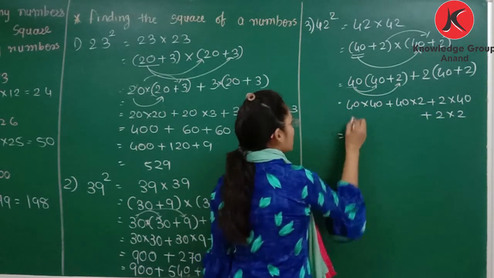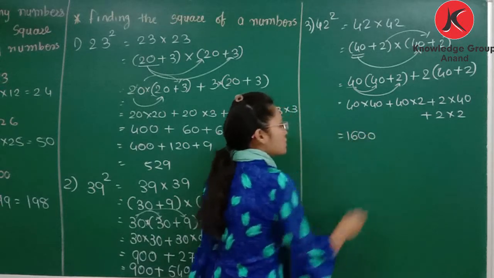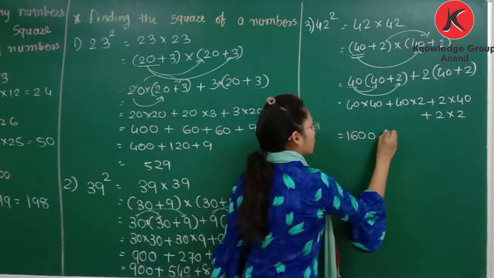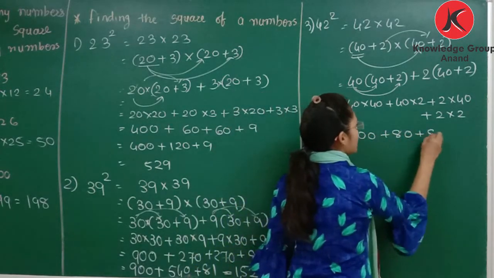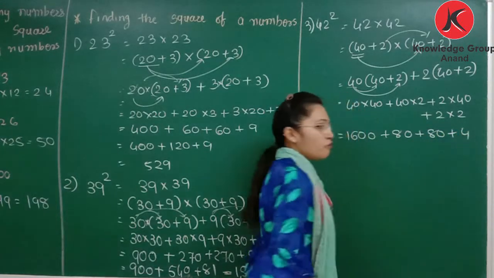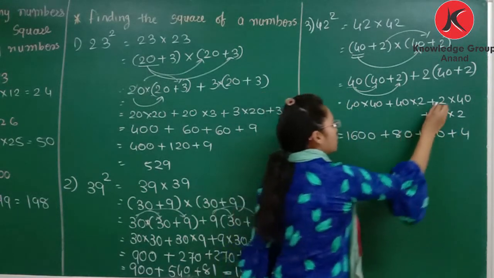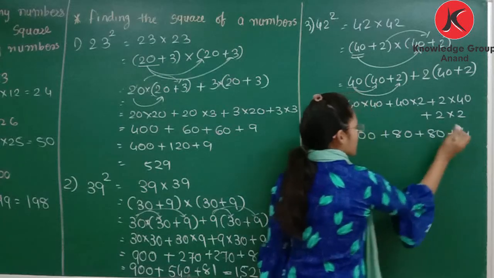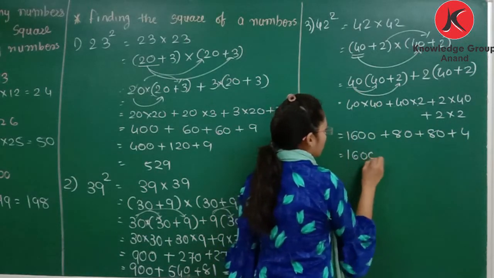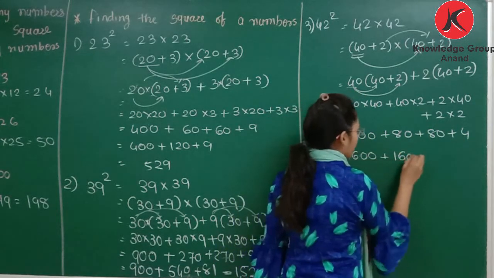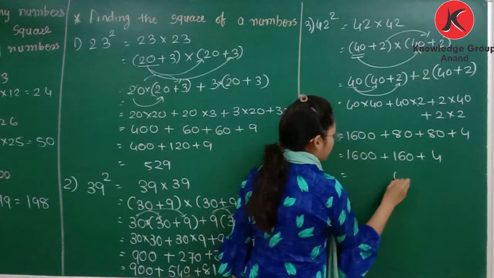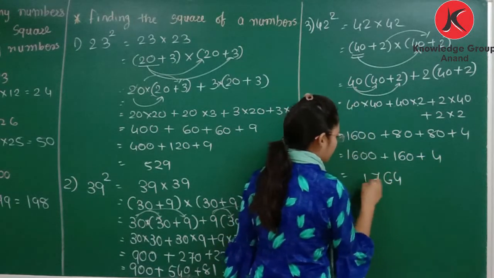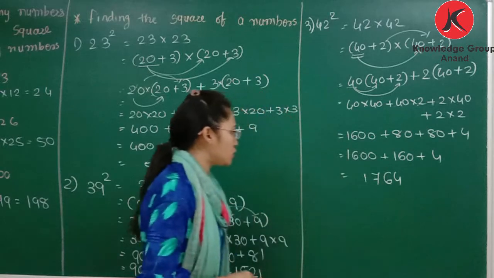Now multiplication, 40 multiply 40 is 1600, 80 plus 80 plus 4. 40 2s are 80, 2 40s are 80 and 2 2s are 4. Now 1600, 160 plus 4. So if you perform the addition, you will get